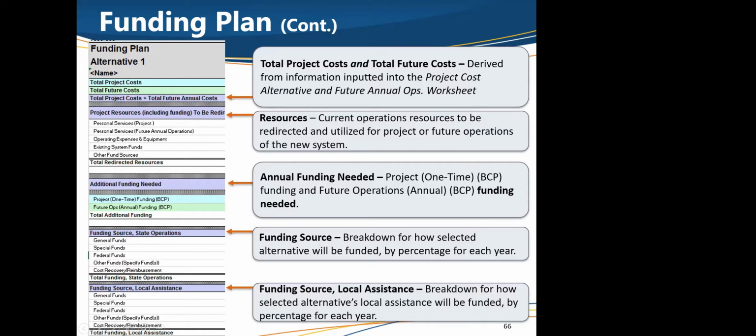same categories. However, one critical piece of this is that whatever you put in your funding source, they do need to add up to 100%. So you could have 75% general fund and 25% special funds, but that would ultimately equal 100%. If I was doing this, I would definitely make sure that all my funding equals that 100%.